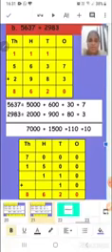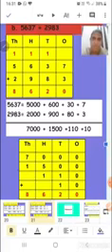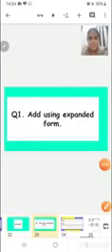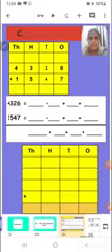There are few homework sums that you have to note it down. Children, I hope you are solving all the homework sums. Question number 1 is add using expanded form. Children, copy the C sum. It is 4,326 plus 1,547. This is the format which is given in your textbook also.